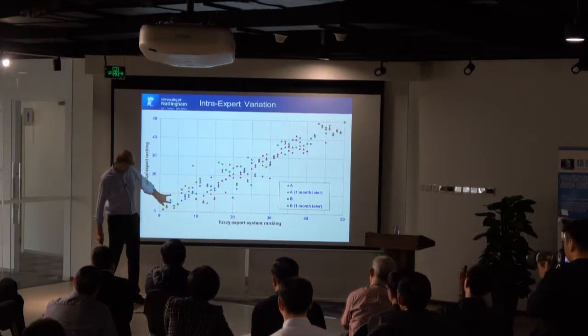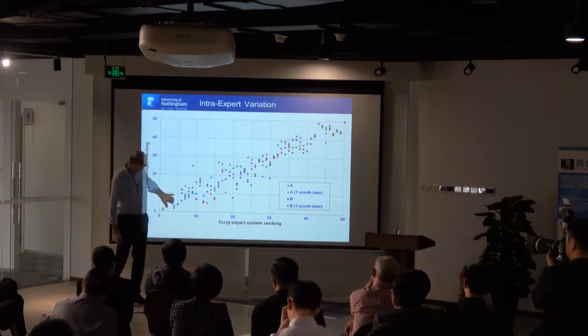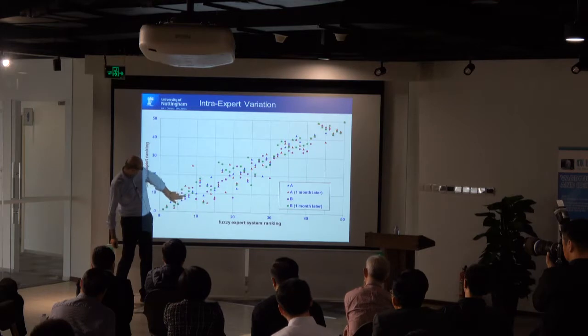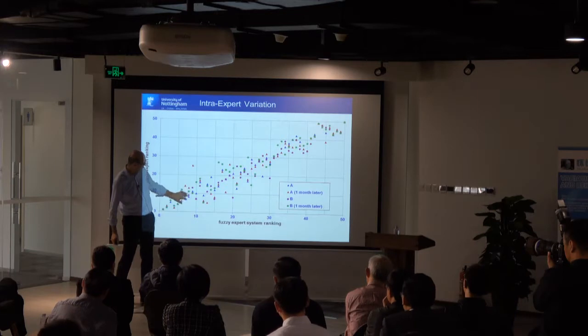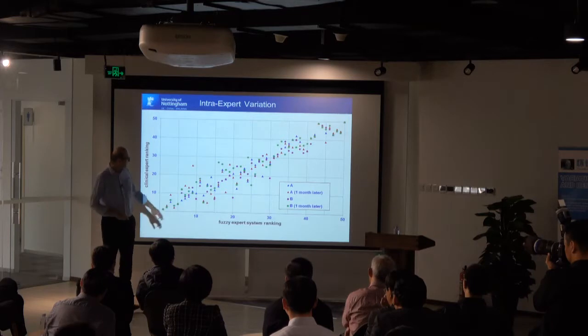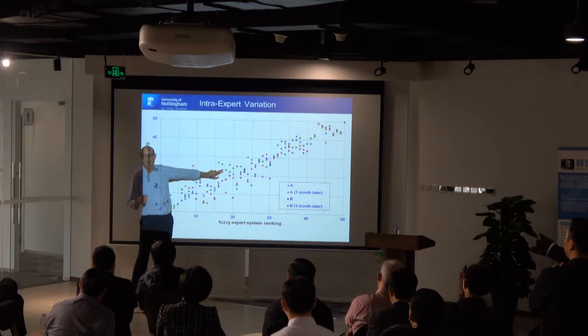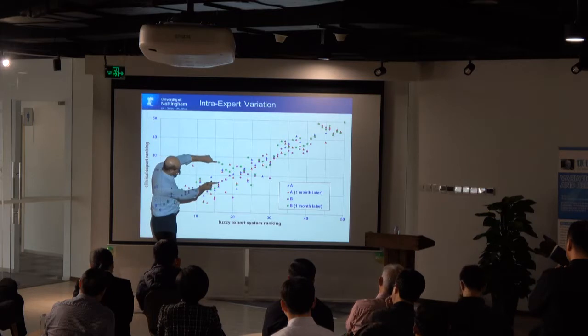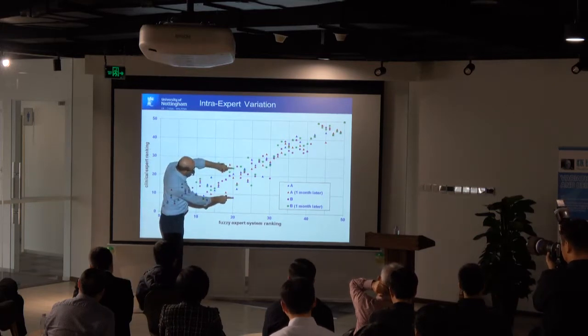Expert A, for that one, gave a different answer than they had given before. Actually, as you go through, there are plenty of places where you can find the circles separated vertically and triangles separated vertically. Vertical separation means the expert is giving different answers. So vertical separation of the triangles means the expert is giving a different answer to themselves. Sometimes you can see that those dots are really quite wide apart. That's quite a big difference for that expert. Those two circles there, they're far apart.